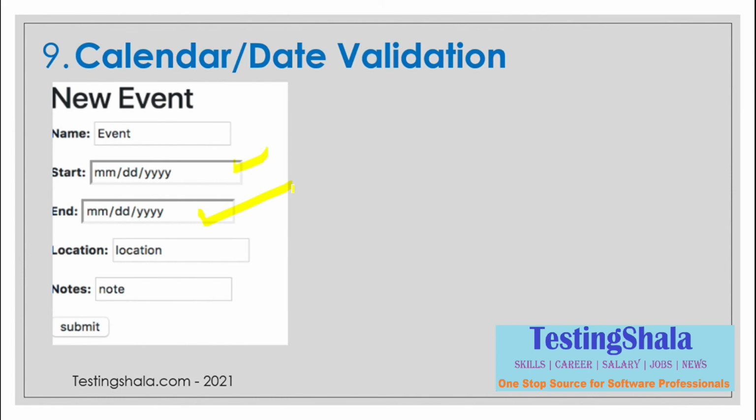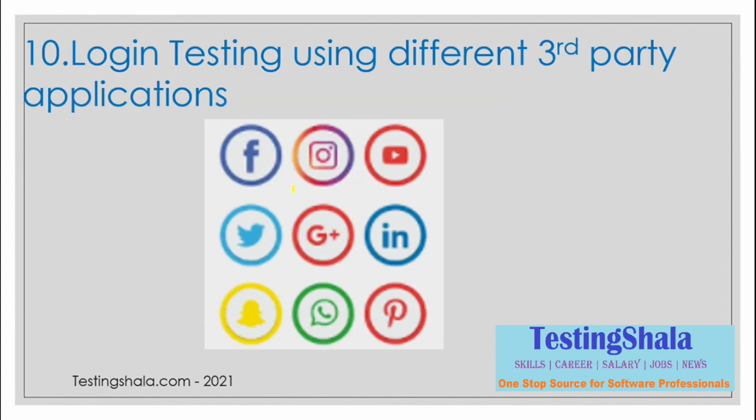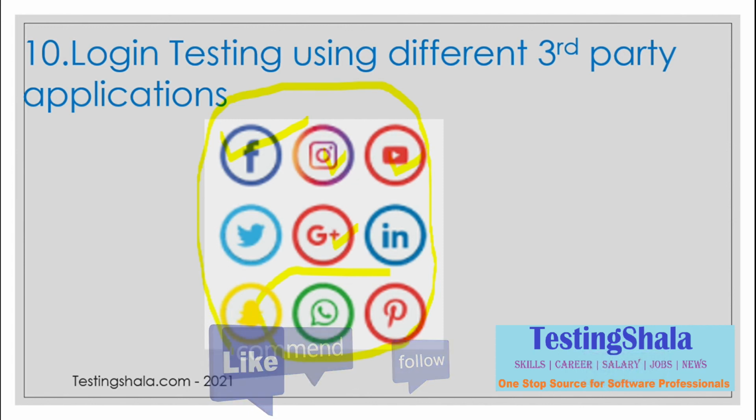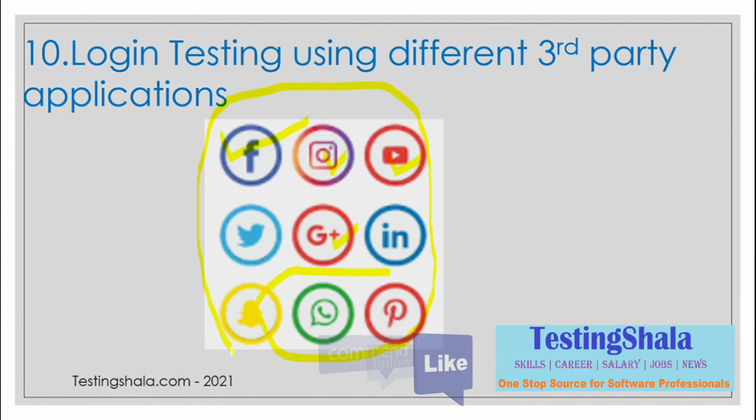Similarly, the last test case is, normally these days we can log into any application, any e-commerce application, using any third-party login authentication or authorization. Even if I have Facebook credentials, Instagram, YouTube, Google or WhatsApp, any of these logins, you can still use these login credentials to log into your e-commerce application. You can log in with any of those credentials, even in Amazon or Flipkart, as a third-party integration, because it makes it a common login for all these applications.